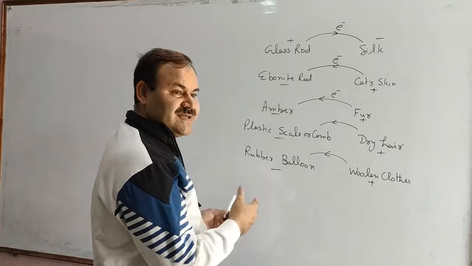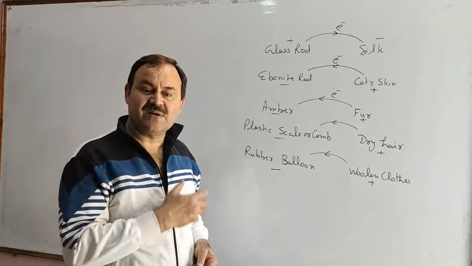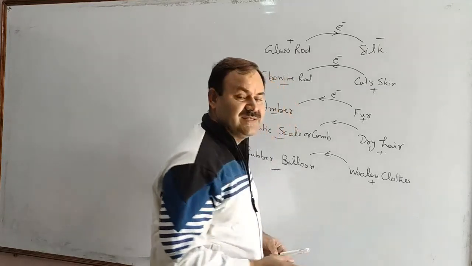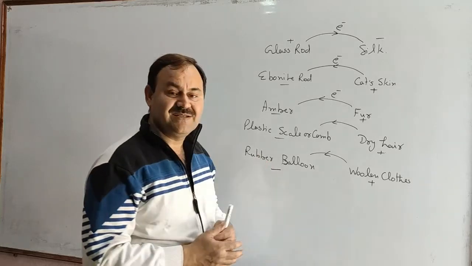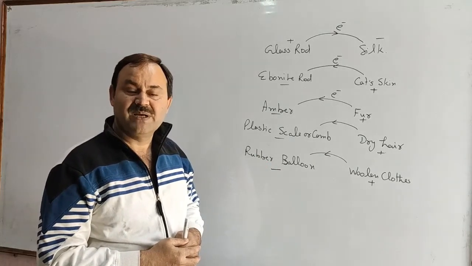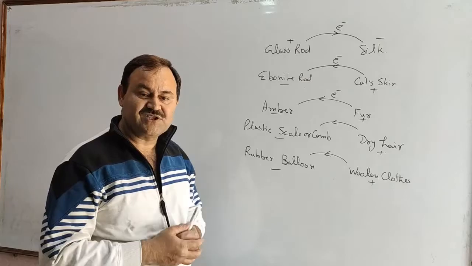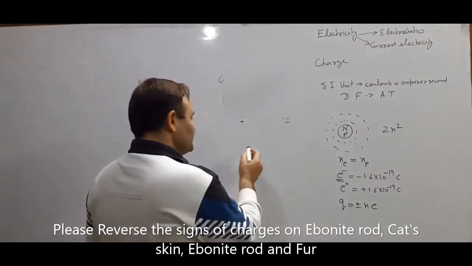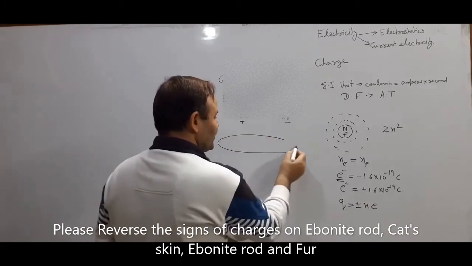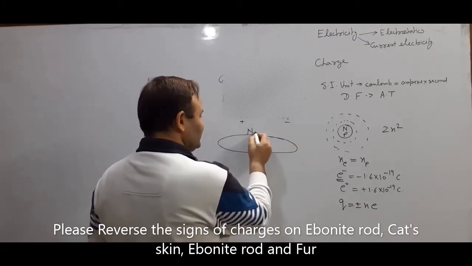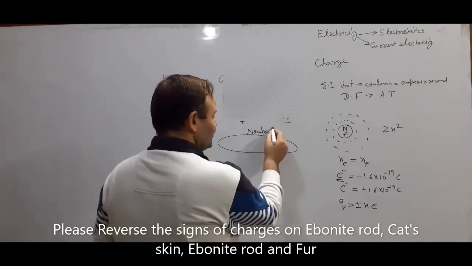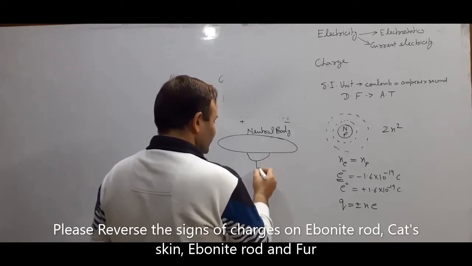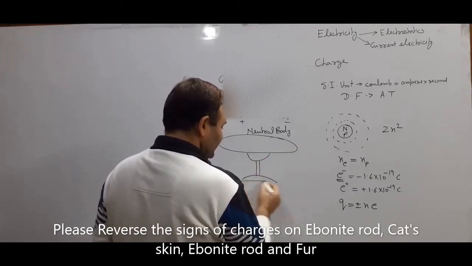And it's our common experience that if after rubbing a rubber balloon with woolen cloth, we leave it near the wall, then it will get stuck to the wall because of electric induction. The next thing is electrostatic induction. Electrostatic induction is the phenomenon of production of charges on a neutral body when it is brought closer to a charged body. Say a neutral body is kept over an insulating stand